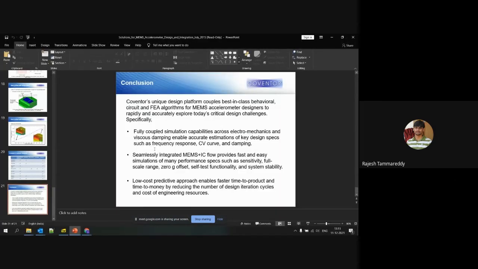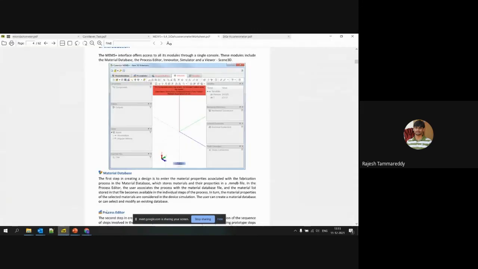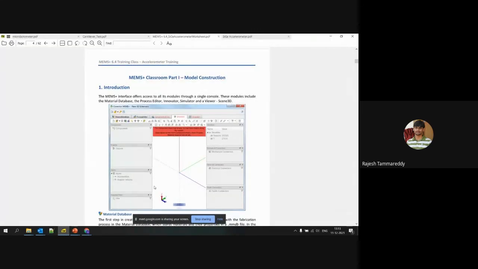Any doubts on this? We can see a few things in the tutorial file, and I will show you how we access the help and other things for the software. Any doubts on this previous accelerometer presentation from anybody?